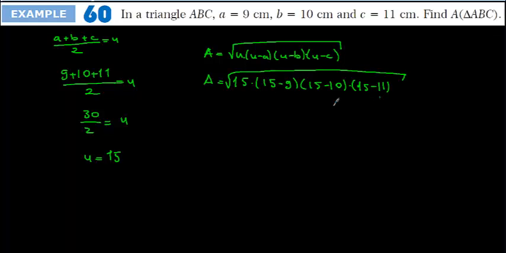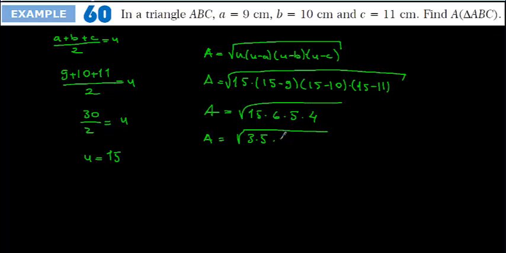Then area is equal to 15 times 6 times 5 times 4, and here area is going to be equal to, here we have 3 times 5 with 15 means 3 times 5, and 6 means 3 times 2, and 5 times 4. Here if I multiply 3 and 3, area is going to be equal to